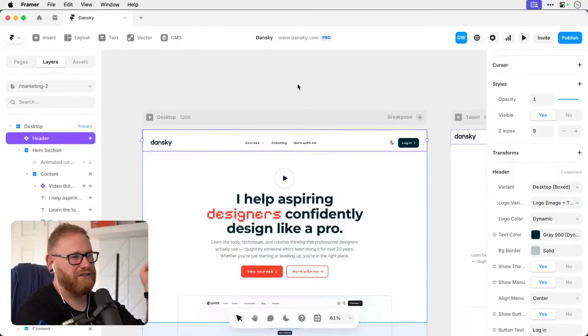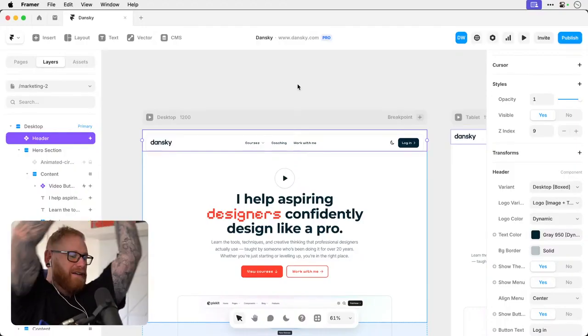There's just so much stuff in Framer that makes total sense. There's so many times when I've just gone to do something and I've thought, oh, I wonder if it's going to do that. I hope it will behave like, oh my God, it does. It's so easy.